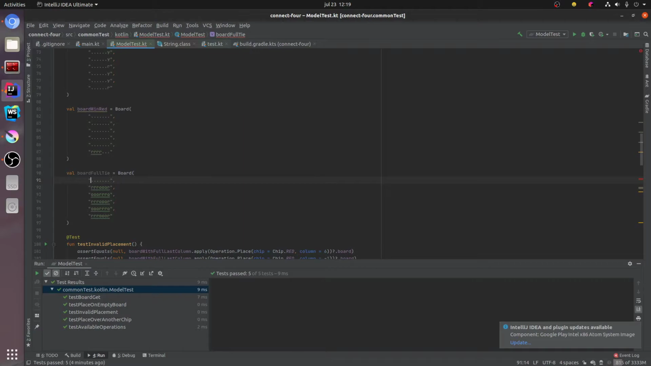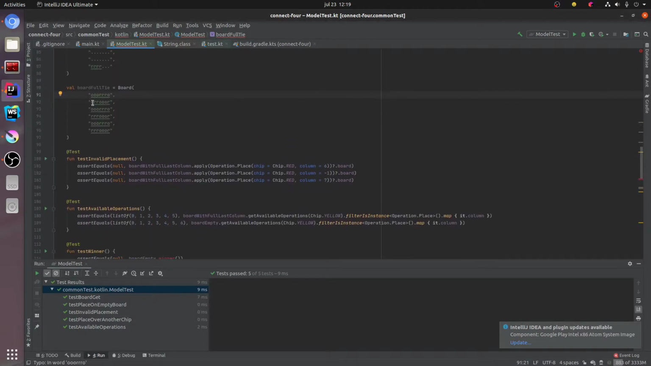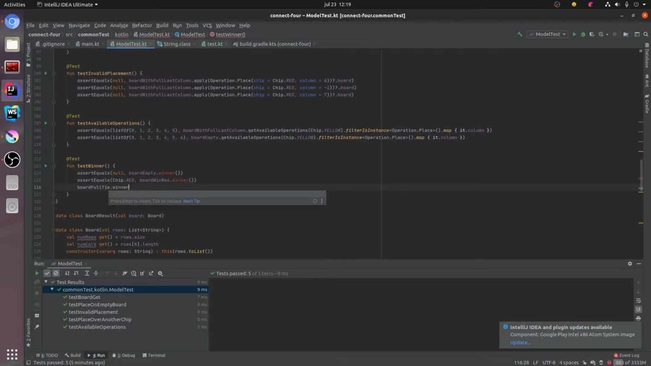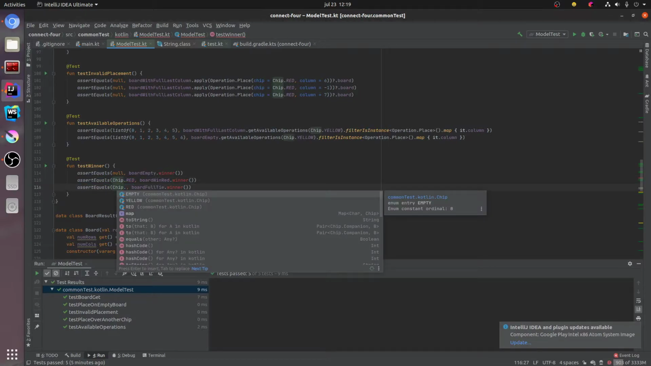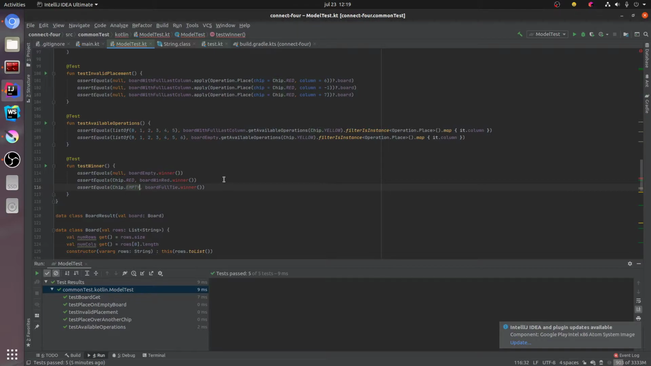I think this is a tie, because I can see in the vertical we don't have any match, anything matching in the horizontal either, and I think we don't have the possibility in diagonal too. So in this case the winner should be empty. So this is a tie,